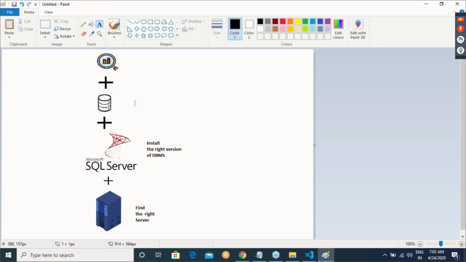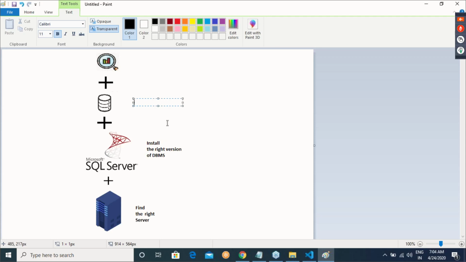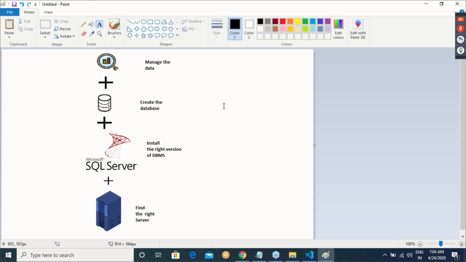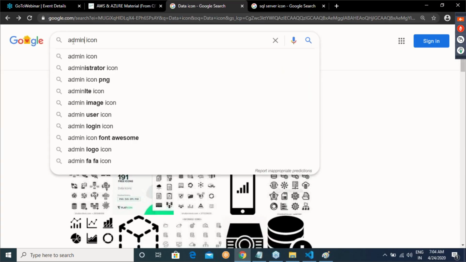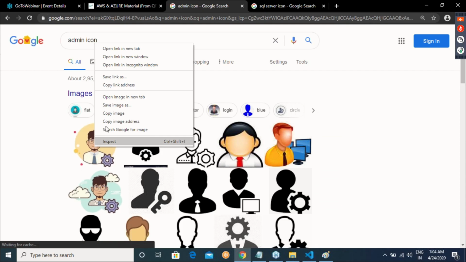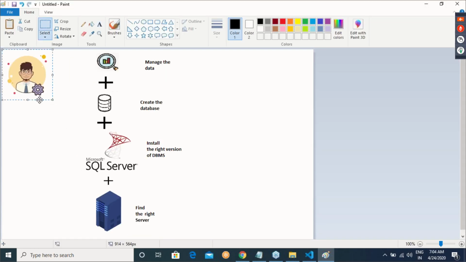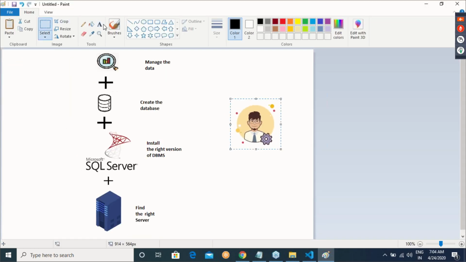And then create the database, and then manage the data. Here you might have some roles.